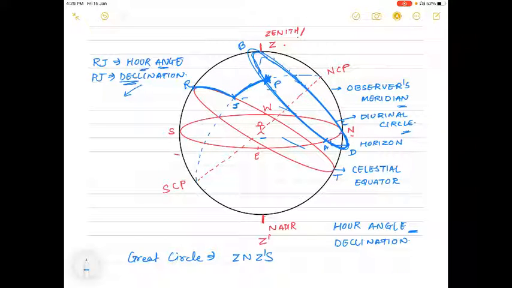So this is called a local equatorial system. Now, to overcome this drawback of the right ascension, we follow a third type of coordinate system, called the universal equatorial coordinate system, that we will see